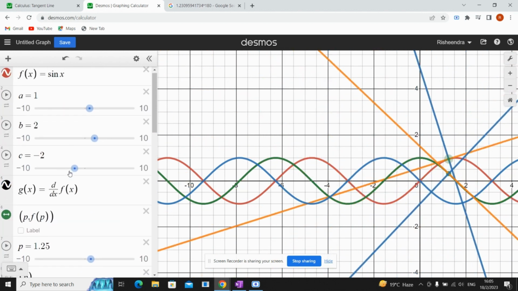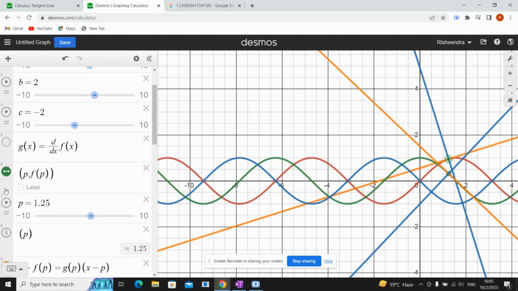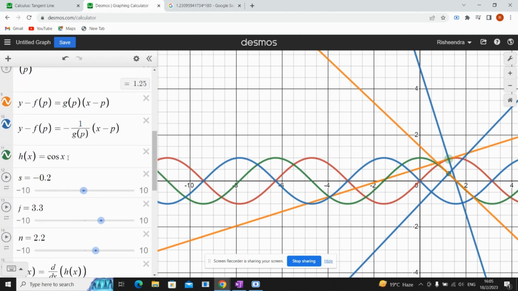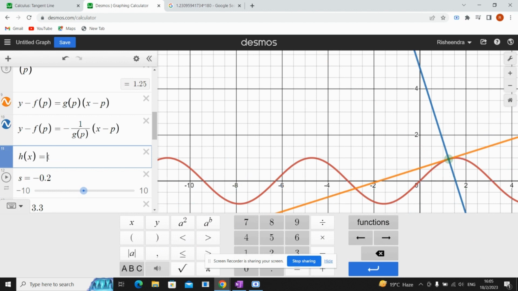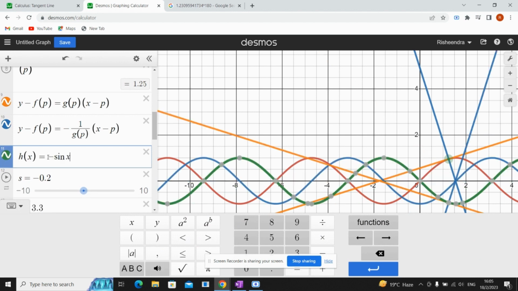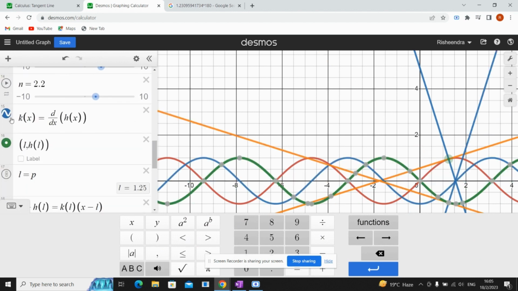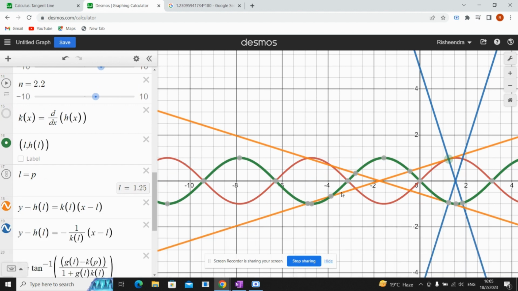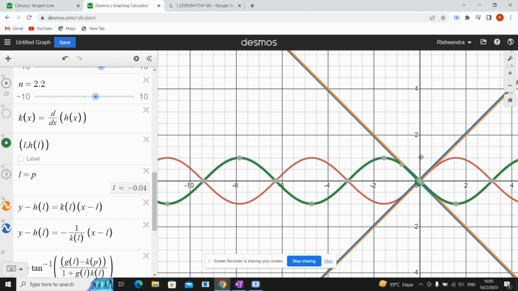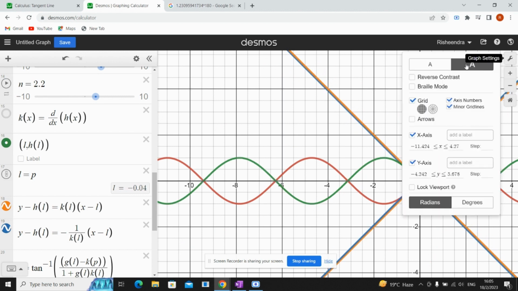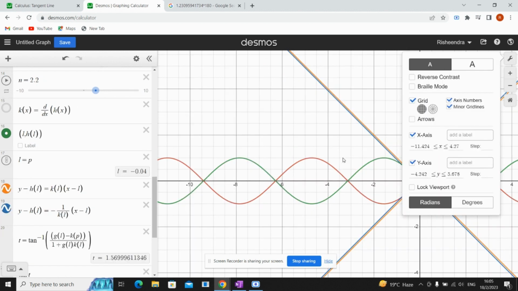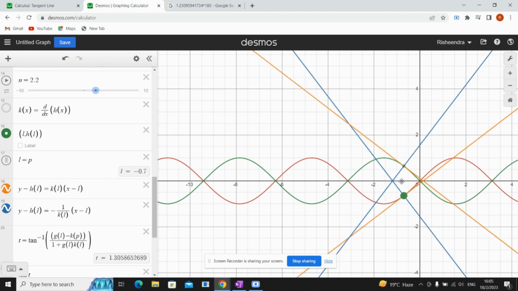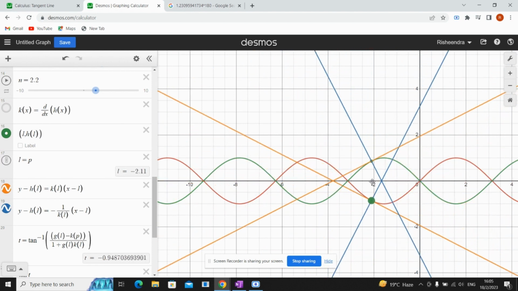Why not take this differentiated, instead of cos x, why not take minus sin x? Minus sin x. Look at here. Sin x and minus sin x, these two are the graphs. Reduce the contrast. Look. Sin x and minus sin x both are the graphs, and the